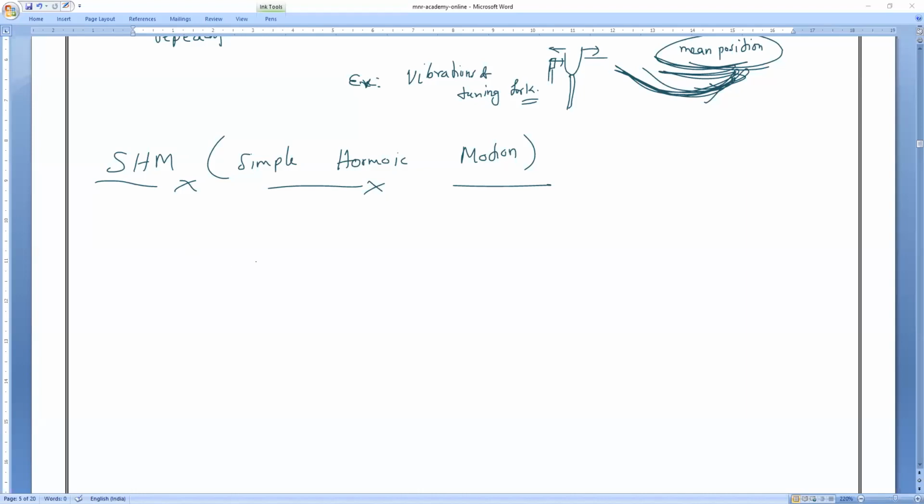So the time taken for one oscillation, what do we call it, guys? Everybody, it is called the time period. Time period. Okay. Now there is another quantity which we call